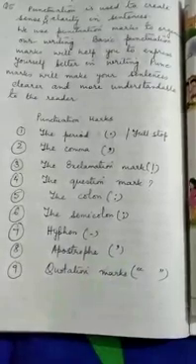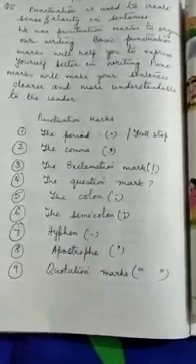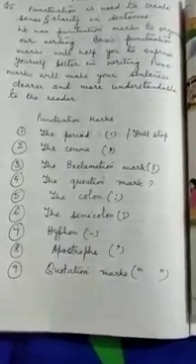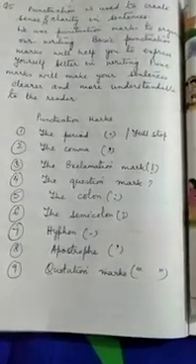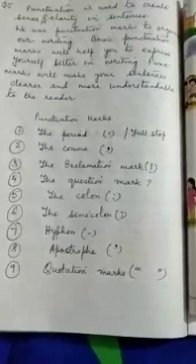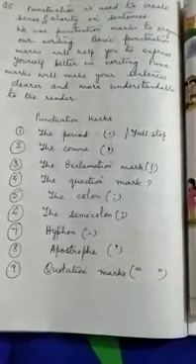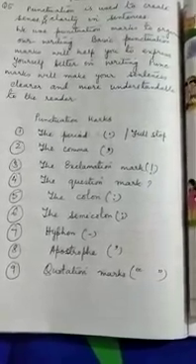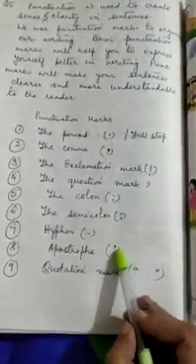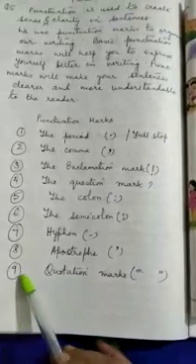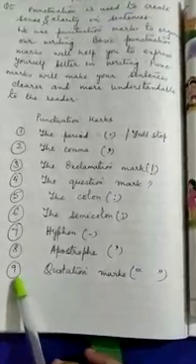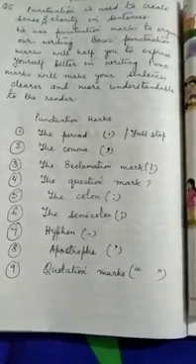So sometimes we call it apostrophe S, like Sita's bag. The bag belongs to Sita, so it is called Sita's bag. So how do we write? We write the word Sita, then write apostrophe and then write one S: Sita's bag. Number 9, quotation marks. It is represented by double inverted commas.